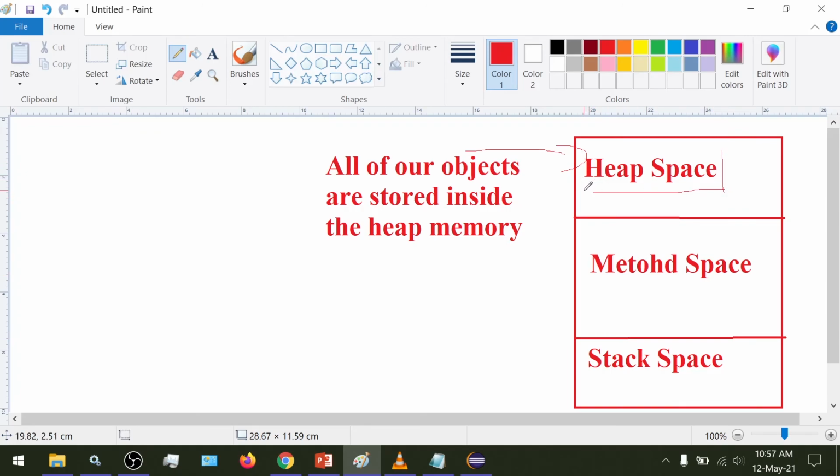So we aren't bothered as programmers to manage the memory of the heap space. In fact, the heap space is not at all accessible to the programmer. It is restricted access by the JVM, and only the JVM can access the heap space.